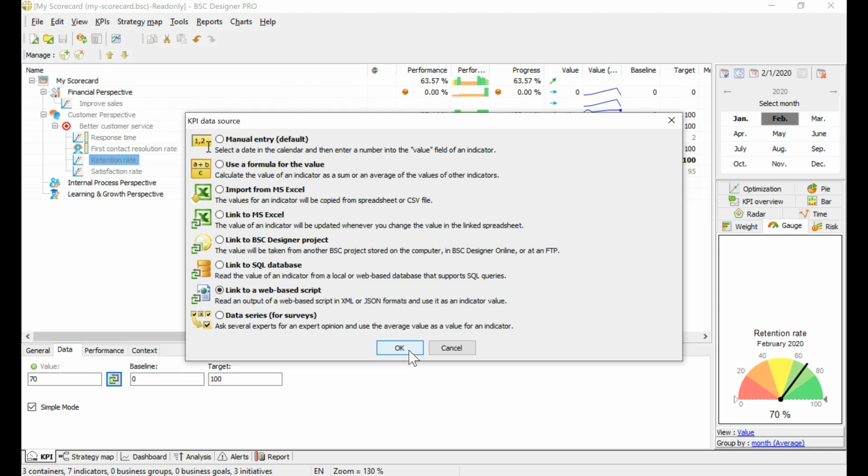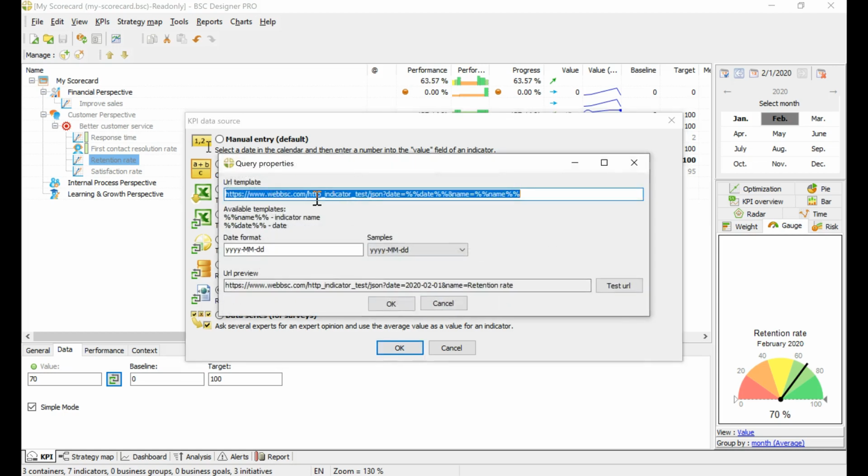So here we have an option to link to some script located online that is generating some data for our scorecard. Think about your internal software that you might want to change to be able to generate data for BSC Designer